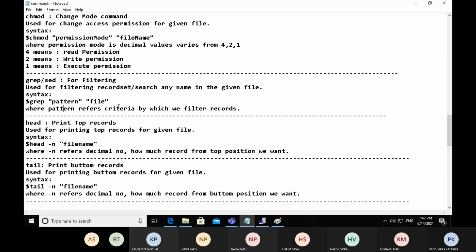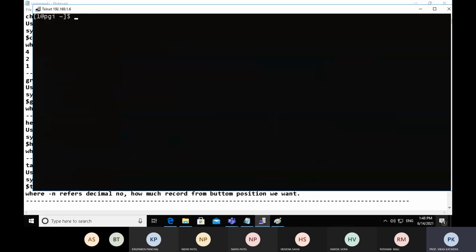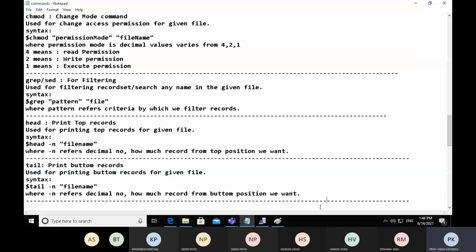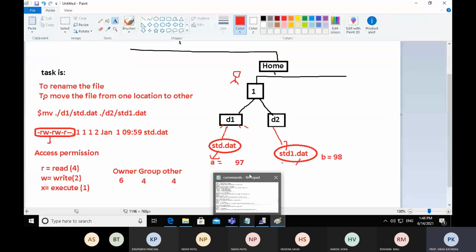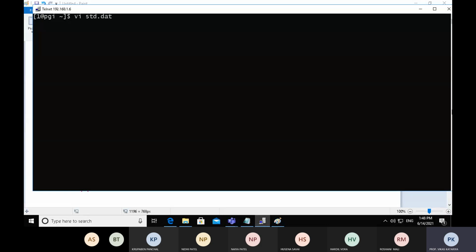So let's try the grep command. First of all, clear the screen. We have created a student.date file, and here I will mention some details in the student.date file. vi student.date.